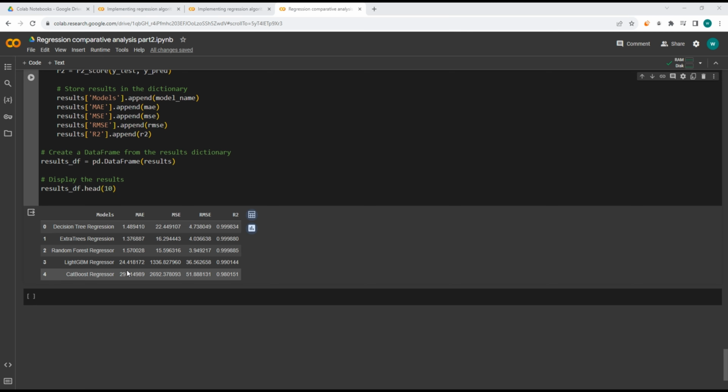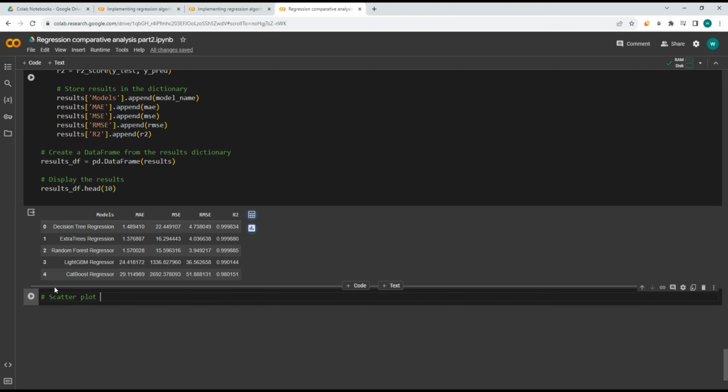This is just a representation of the actual values against the predicted values, and can provide insights into the performance of these models. So with the scatter plot, we are able to visually inspect how well the model predictions align with the actual values. Remember, we are plotting a scatter plot for all